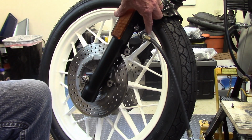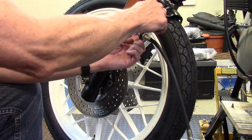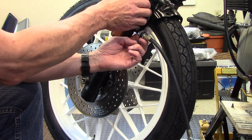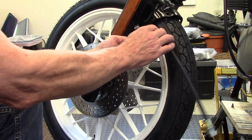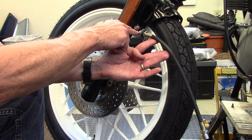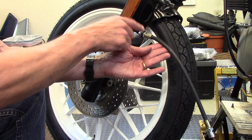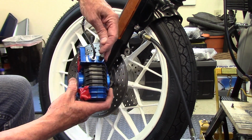So I attach the bracket behind the fork brace and fender bracket here, and it attaches with this bolt that fits on the fork slider, and it's a little loose, so I can just move it because I need to hook this rubber brake line up to the steel line, and to get the threads to align I need a little flexibility. Now I've got the hose inserted into the grommet, and this is the rear caliper with the bleed